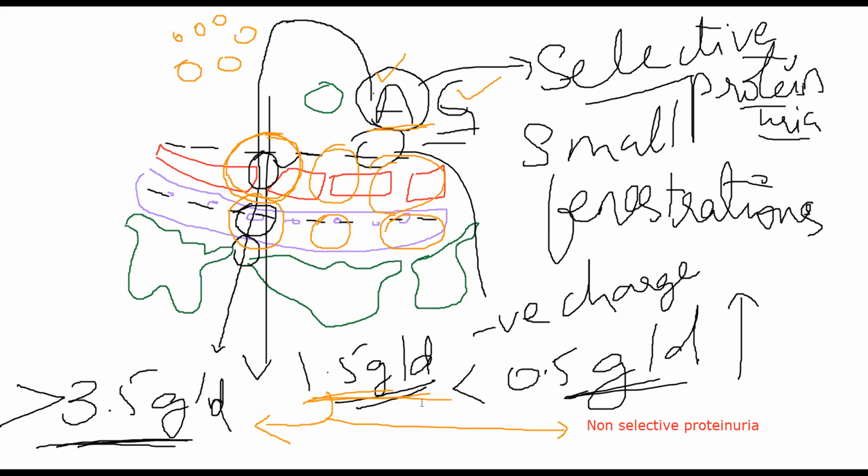Okay, I hope you guys are following along till here. What is happening? If you want me to repeat, please let me know. This condition where both albumin and globulin are being lost together is called non-selective proteinuria. Now, there can be some ways through which non-selective proteinuria becomes heavy proteinuria, or proper proteinuria, where you have 3.5 grams of protein being lost per day.